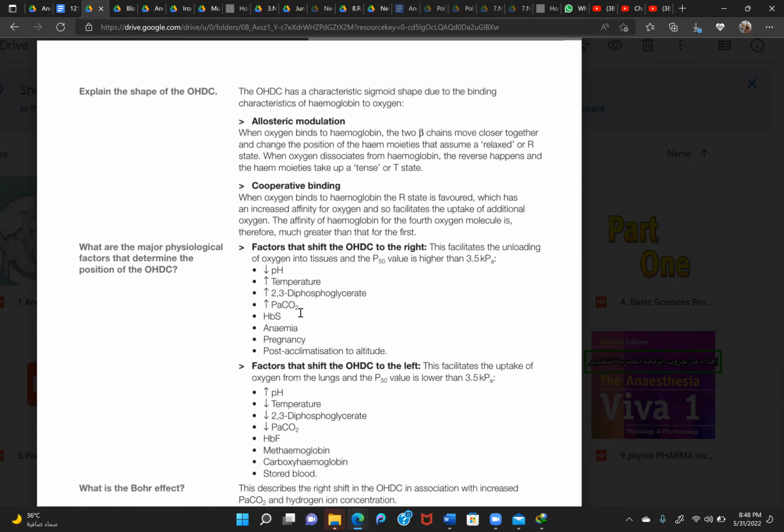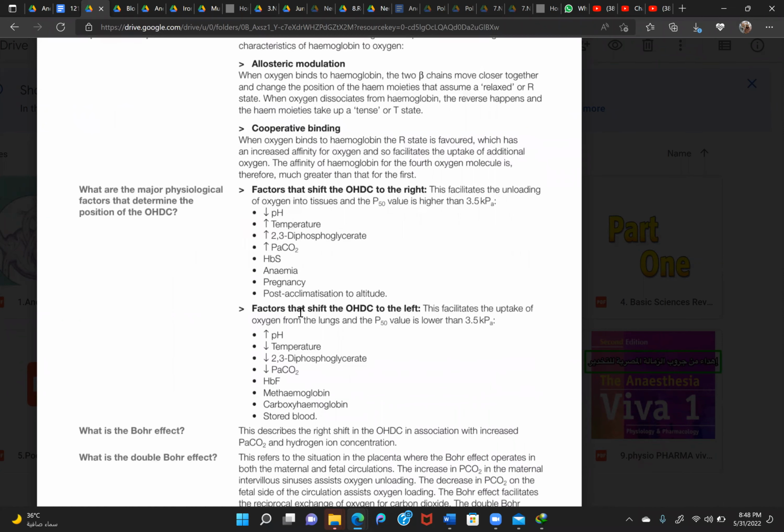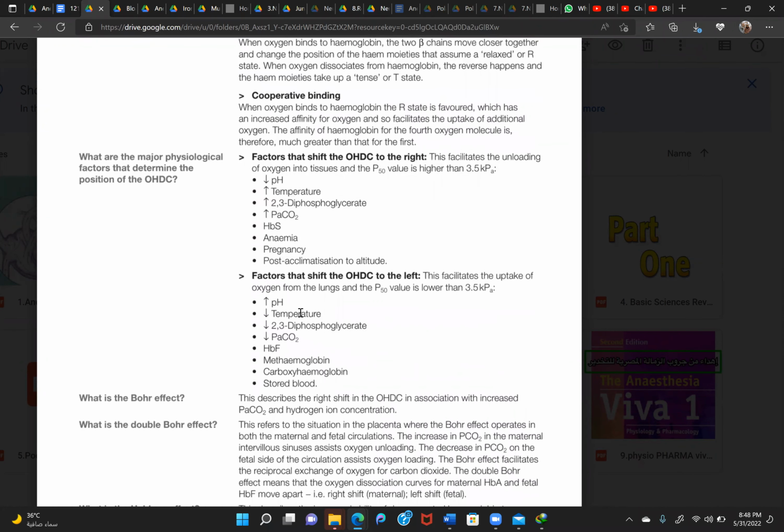Practically speaking, this is what we face in the post-operative period. When there is hypothermia, the oxygen hemoglobin dissociation curve is shifted to the left. This is a very important factor for a patient with myocardial ischemia, ischemic heart disease, because the oxygen will not be able to be utilized, and that can result in a very disastrous situation. Similar shifts occur in carboxyhemoglobin, methemoglobin, or even hemoglobin F, fetal hemoglobin. And because of acidosis,